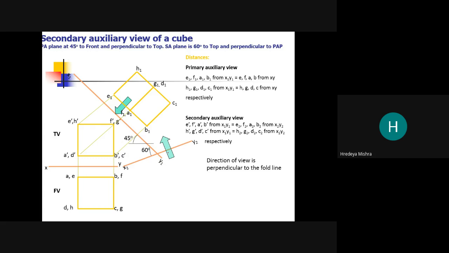So 60 degrees from here. Now we can project the perpendicular line here to get the original shape. So this is our hexagonal pyramid. So what happened in the projection of solids? In the projection of solids, we can use this method to find out the original or true shape of a particular surface.